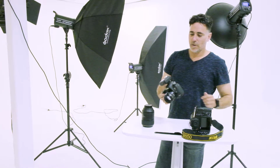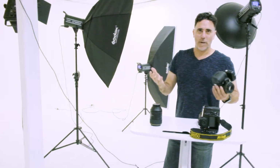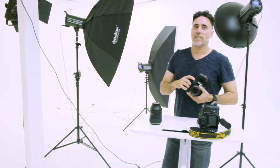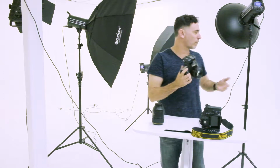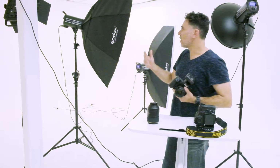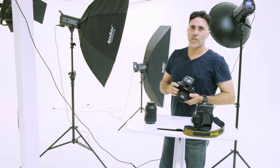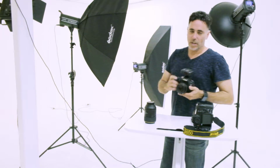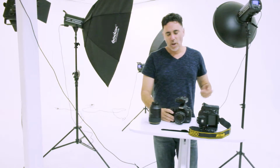Alright guys, so the next tip we're going to talk about is camera settings. As you may or may not know, the shutter speed doesn't really control anything when you're in a controlled environment, especially a studio environment like this. Because it's dictated mainly by the lights, it's going to be ISO and f-stop. Your ISO determines the sensitivity to light, and you want it as low as possible to get the best quality image. So an ISO of 100, or 200 if you're on a Nikon